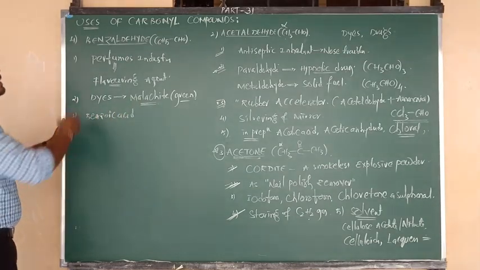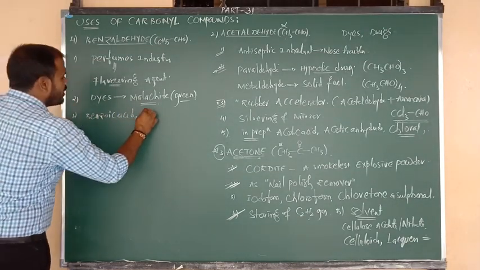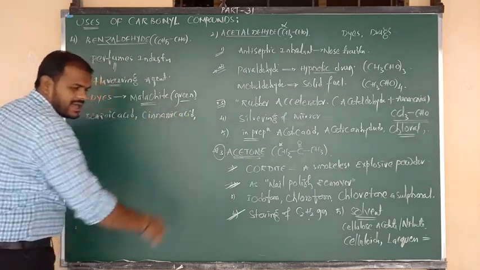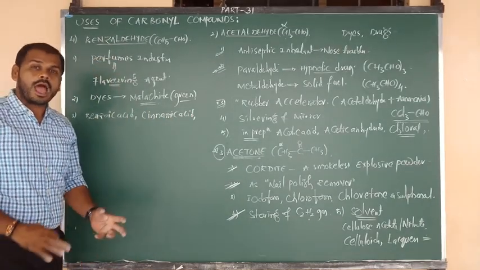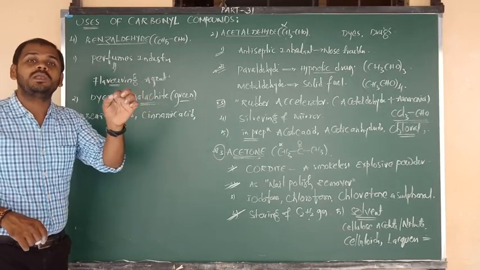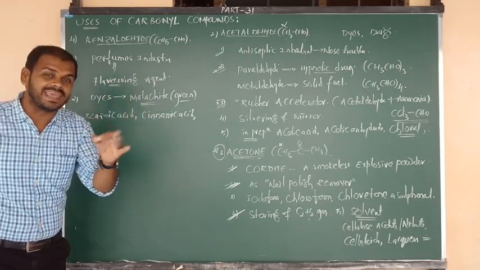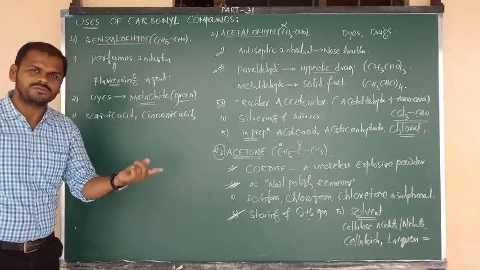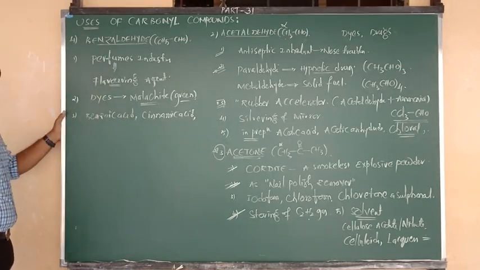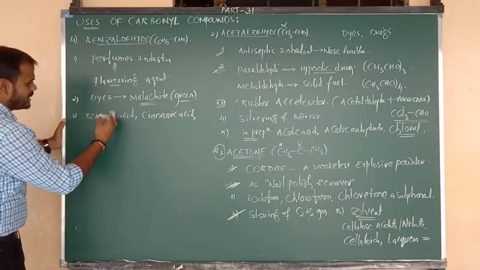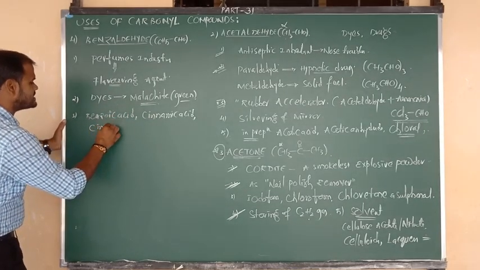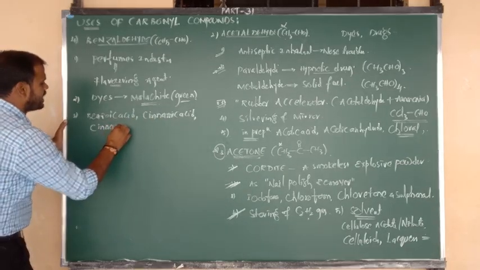benzoic acid. It can be used in manufacturing one more compound, cinnamic acid. Sir, by using benzaldehyde, how do we prepare cinnamic acid? That I am going to tell you in tomorrow's class, only from the objective point of view. That is Perkin's reaction. Don't worry, I will tell you in tomorrow's class. Again, benzaldehyde can be used in the manufacturing of benzoic acid, cinnamic acid, and we can also prepare cinnamaldehyde.